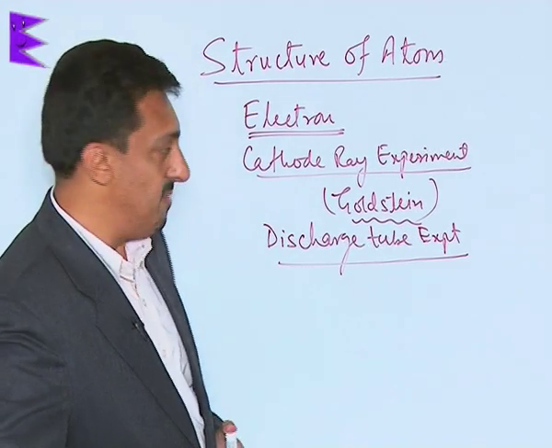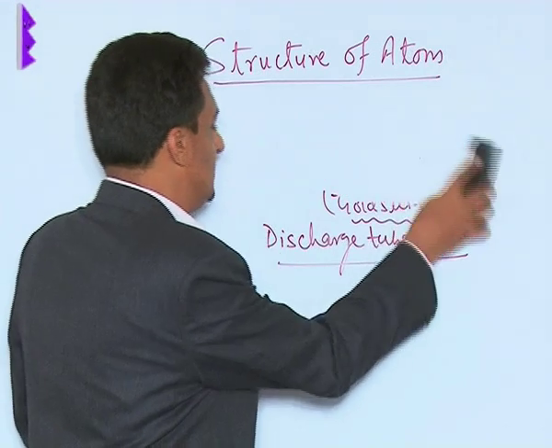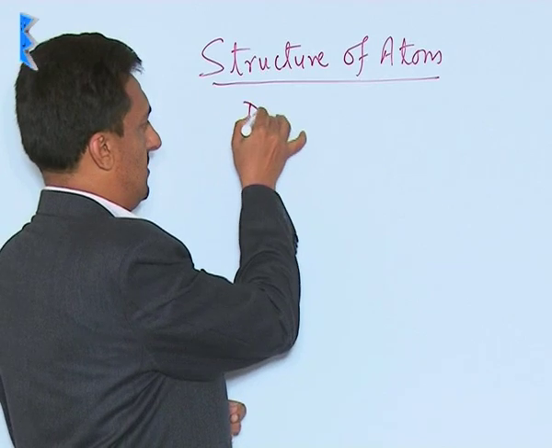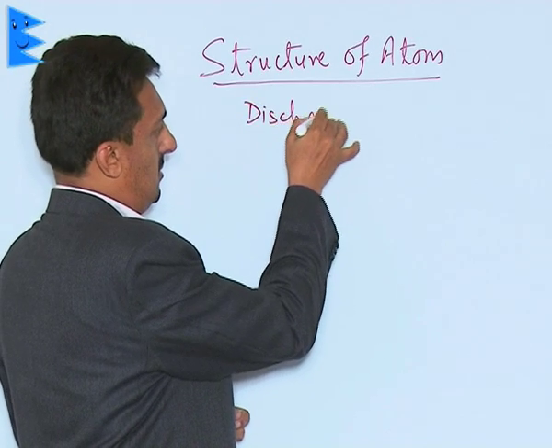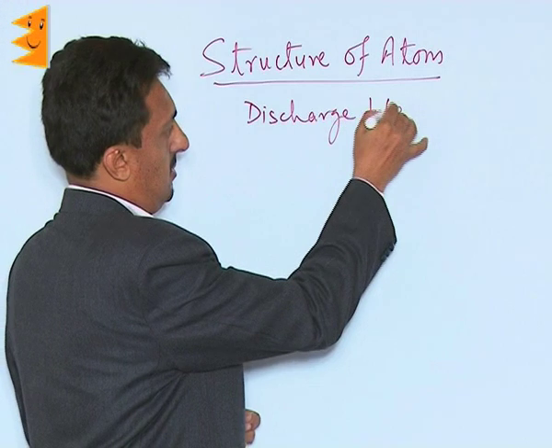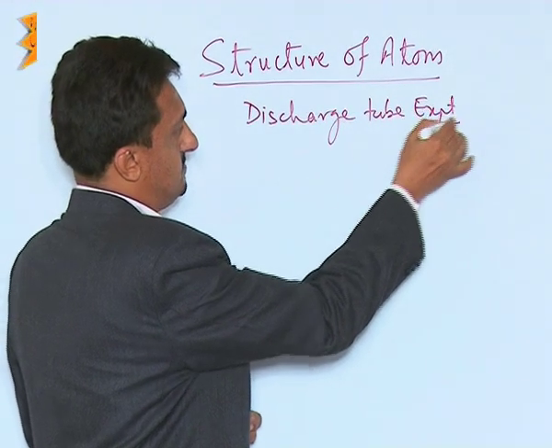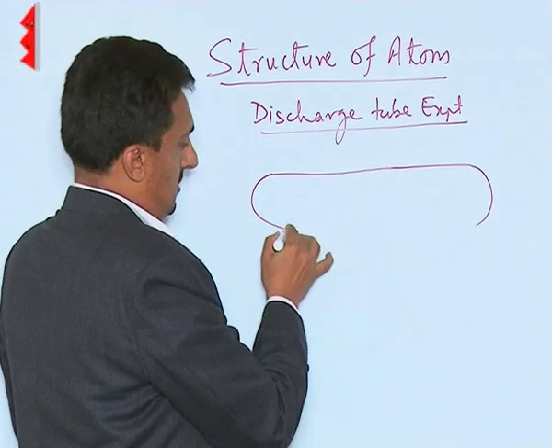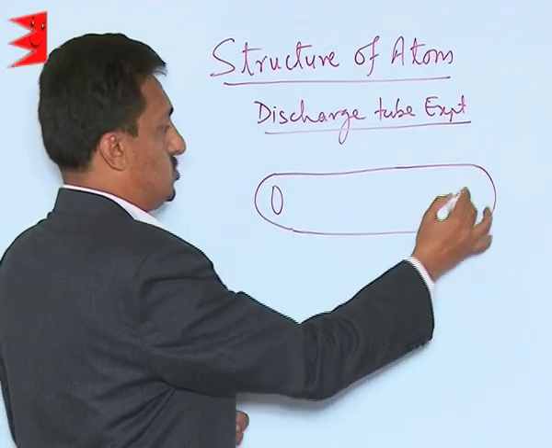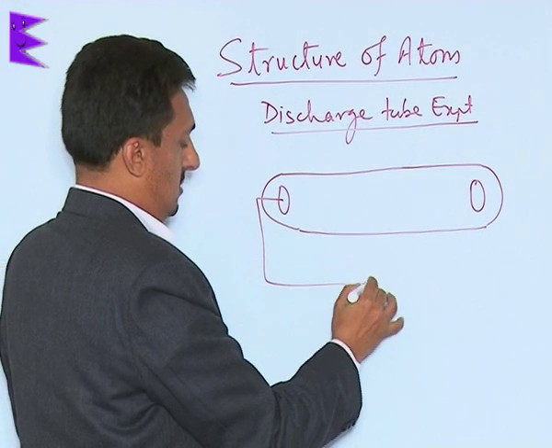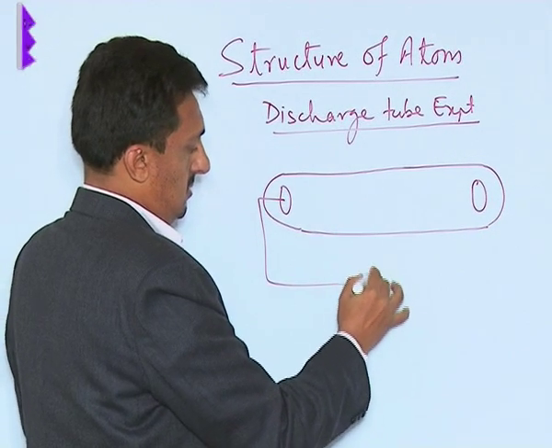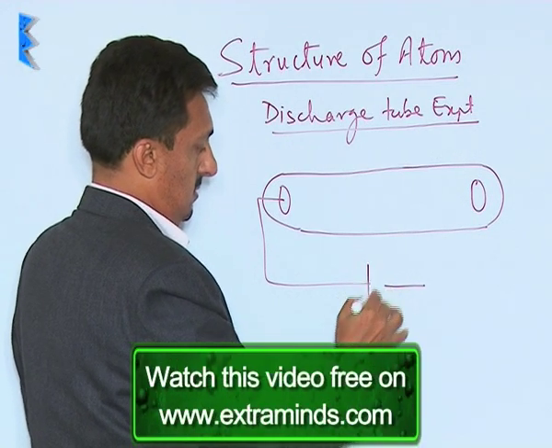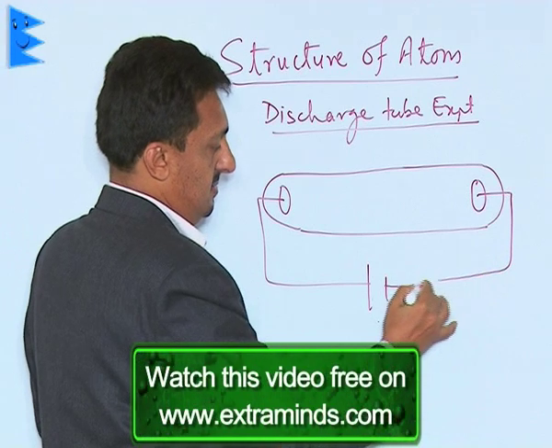This discharge tube experiment comprises a discharge tube which is having two electrodes like this one,